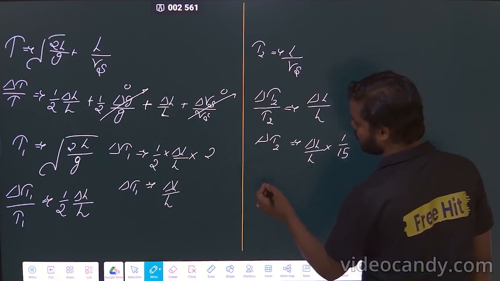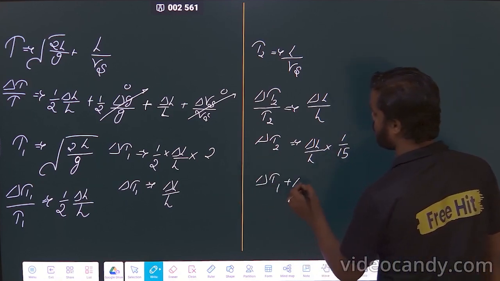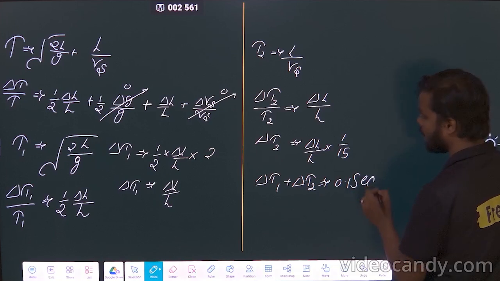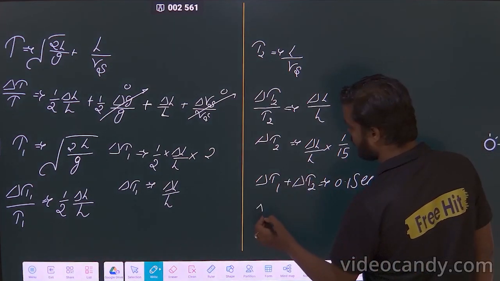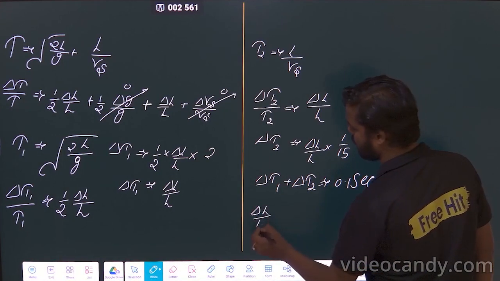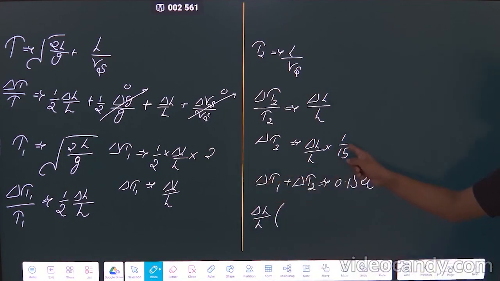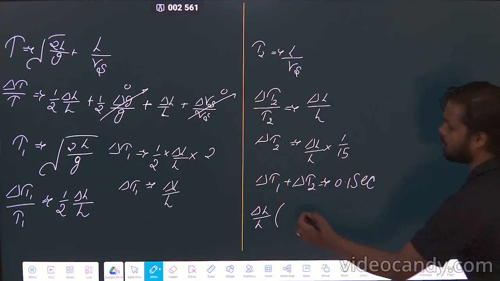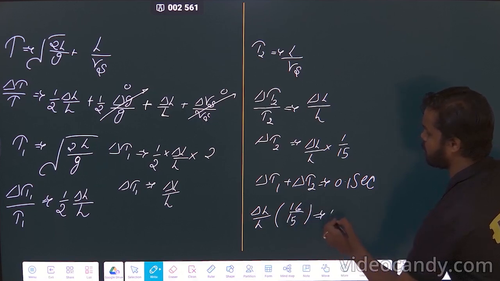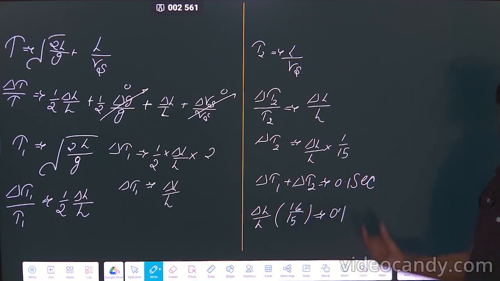Now you just add these two terms. Why am I adding these two terms? What is the need? Because my total error is given as 0.1 second. So if I add, how much will I get? I will get delta L by L is equal to 1 plus 1 by 15, that is 16 by 15, is equal to 0.1 second. Clear? So from here I will get my delta L by L as